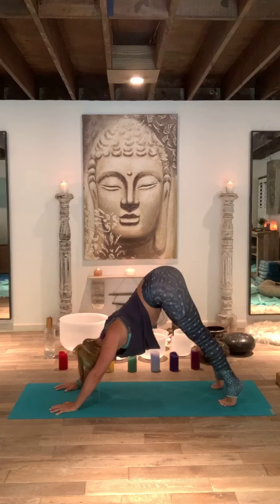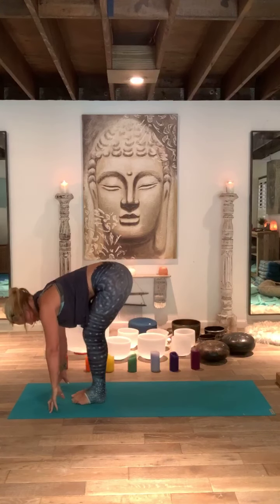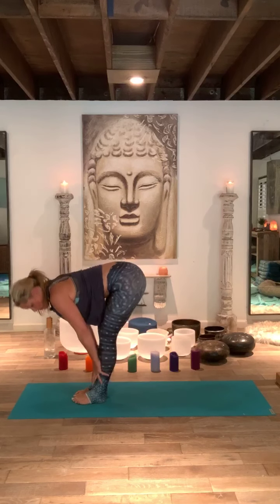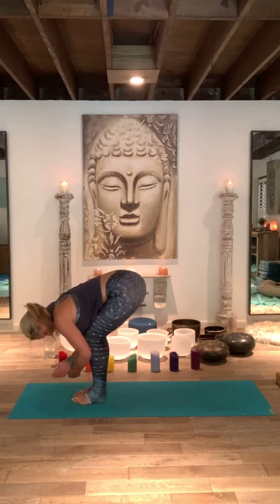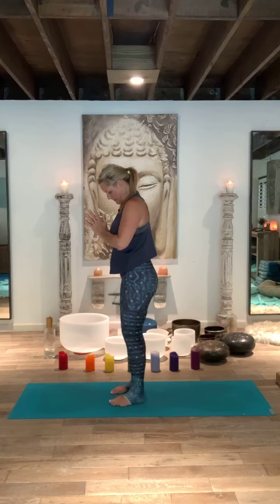Come high on the toes, bend the knees, walk, step, float feet to the mat, top of the mat. A halfway lift, and fold in. Come all the way up. Palms touch, hands come down through the center. Good, take the feet hip width apart. Your hips aren't this wide, so